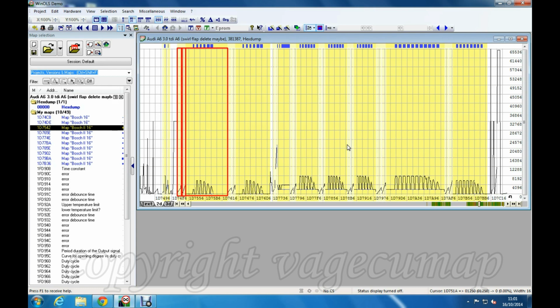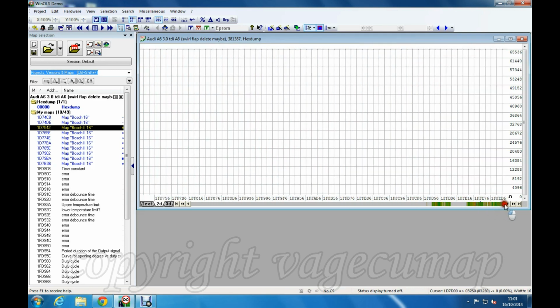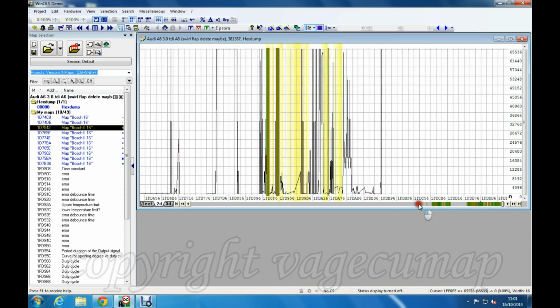It varies a lot from file to file, so don't think that you can just copy what I'm showing you here. You need to understand what I'm showing you before you consider making any changes. Now, the swirl flap area might be here, but you have to go quite a long way through the file. In fact, you have to go to the end of the file to find the region that's involved in the controlling of the swirl flaps and what's going on, and that's this last little bit at the end of the file. In fact, it's not even all of this last little bit, it's this region around here.